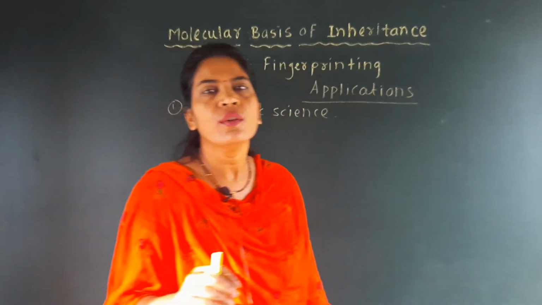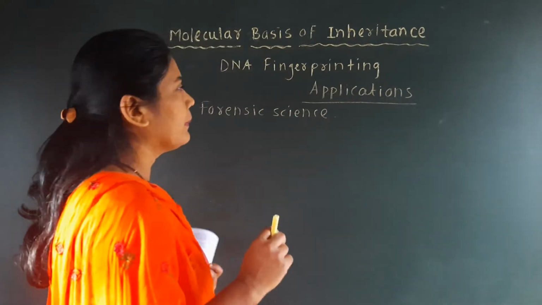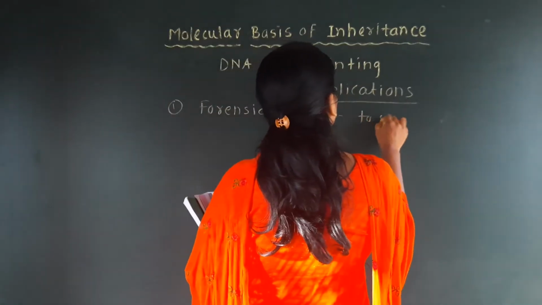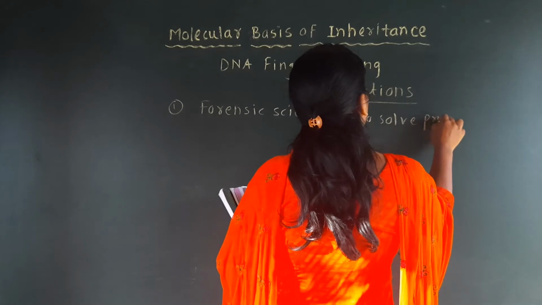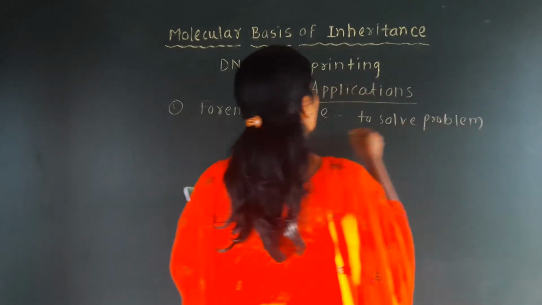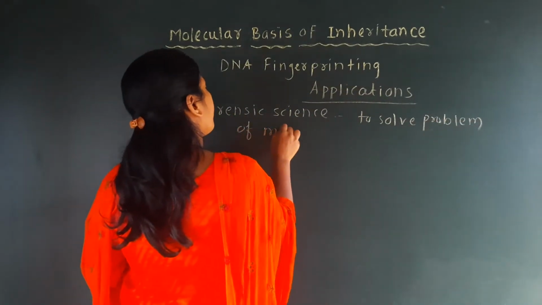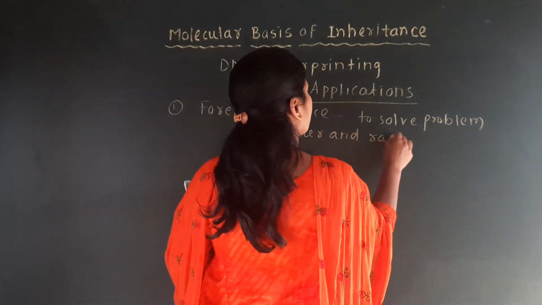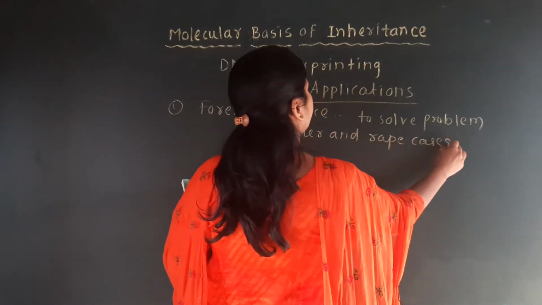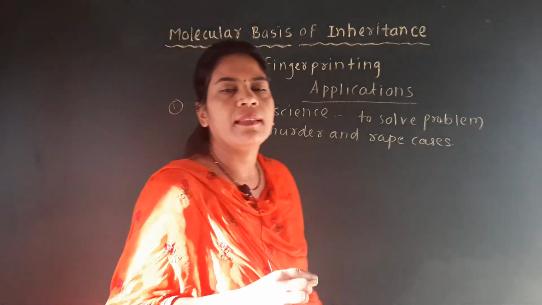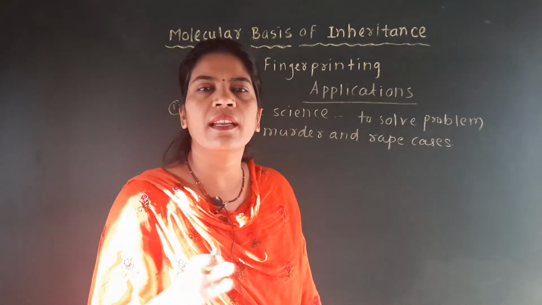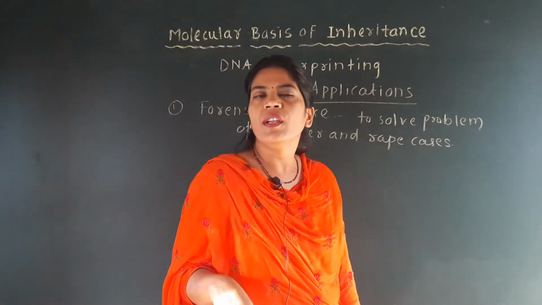So this fingerprinting is used in forensic science to solve the problems of rape and murder cases. That means if any murder or rape is there, then at that time we can carry out DNA fingerprinting